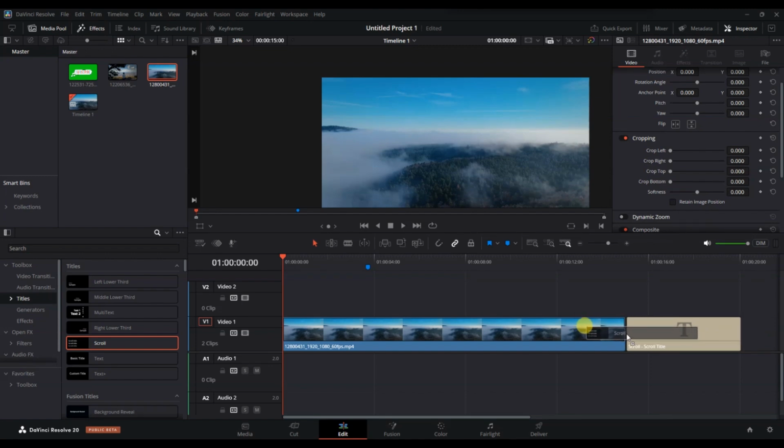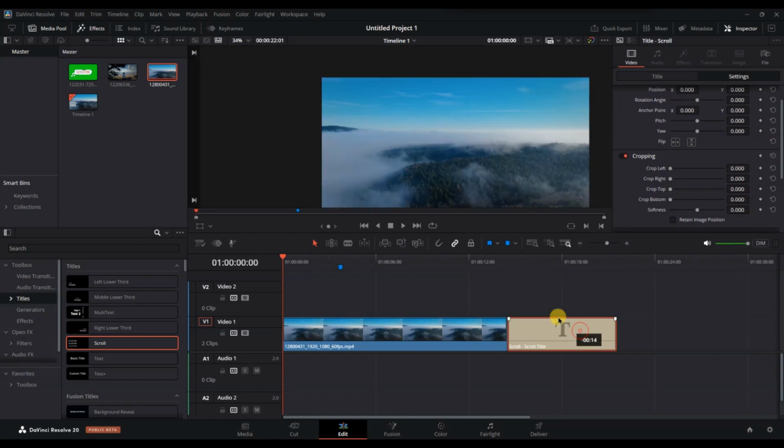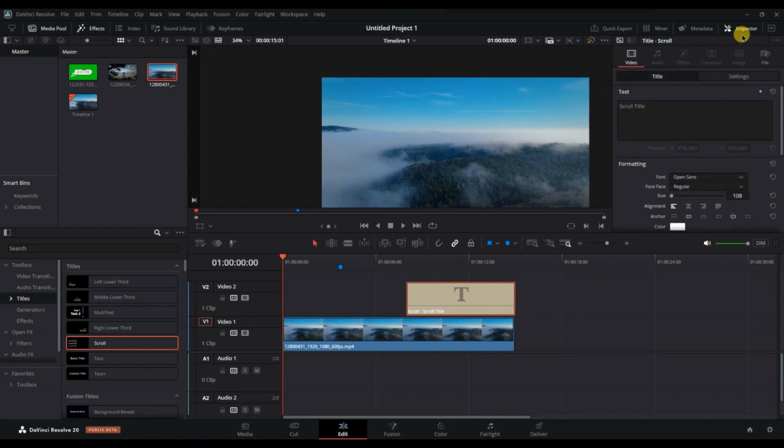Adjust the length of the text box to match the duration you want the credits to run. After that, click on the text box in the timeline and in the inspector window, you can customize the text. Write your credits and you can also adjust the font, size and position to make it fit the look you